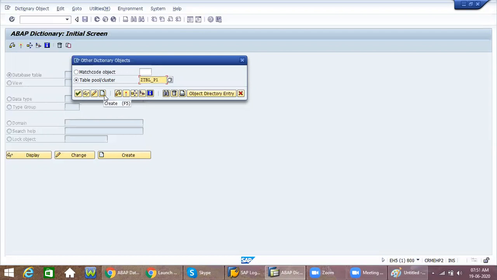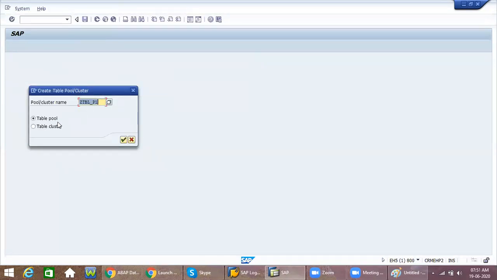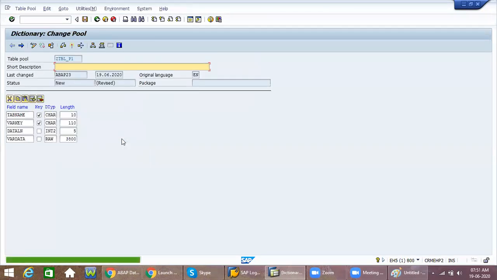The system will ask whether you want to create a table pool or a cluster table. I want to create a table pool only as of now. Just continue.